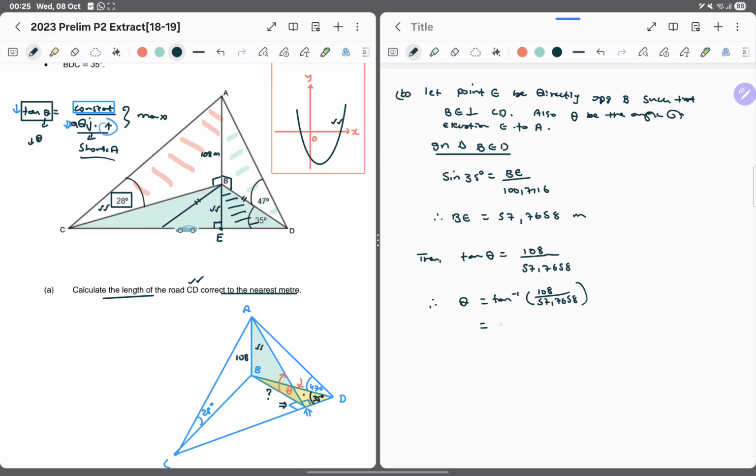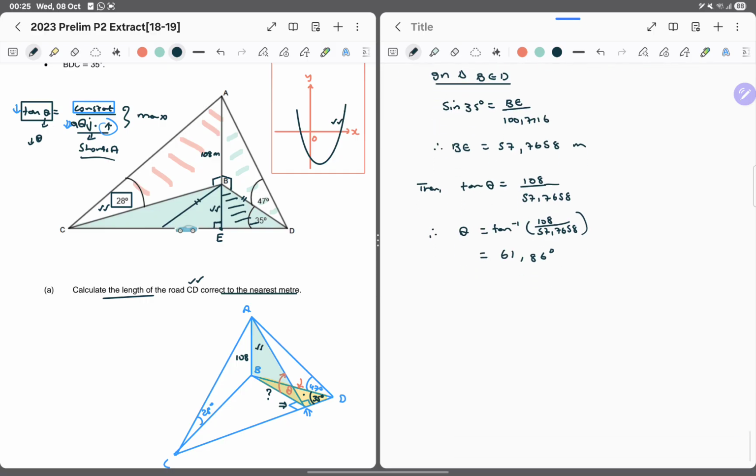As we can see, guys, this gives us 61 to 2 decimal places. This is going to be 86 degrees. And we can see that that is certainly big compared to the other ones that we see, 47 and 28. And we know that this is the greatest we can get. So we can say, therefore, the range of angles of elevation